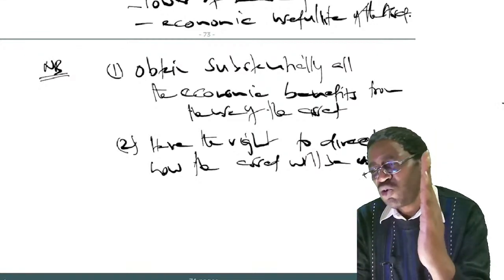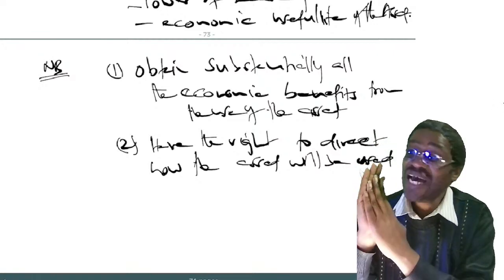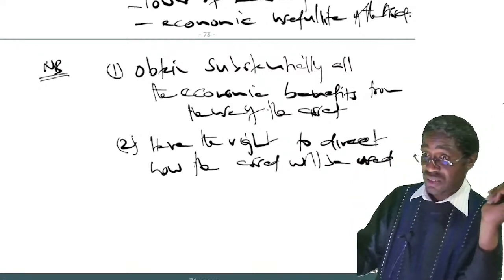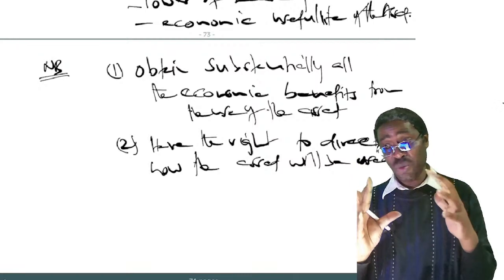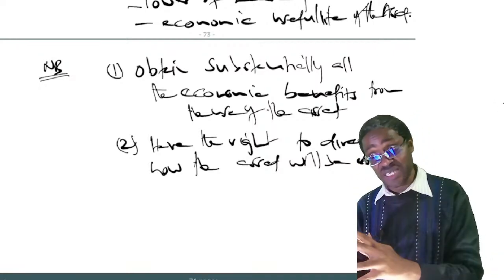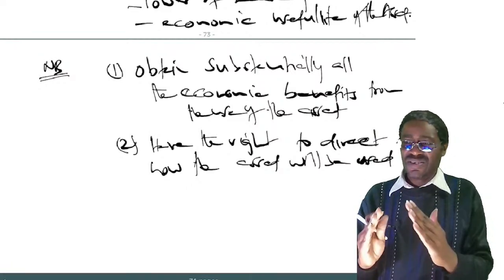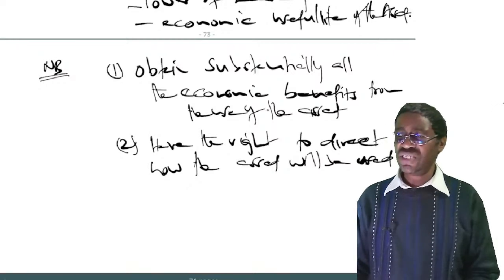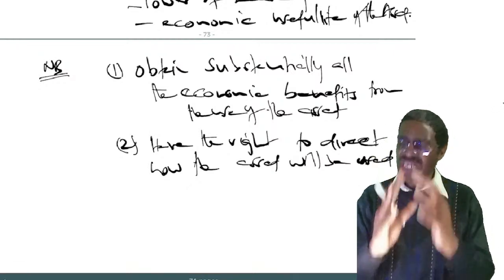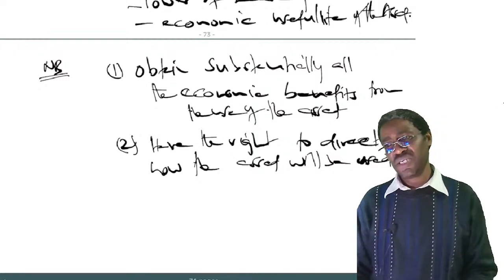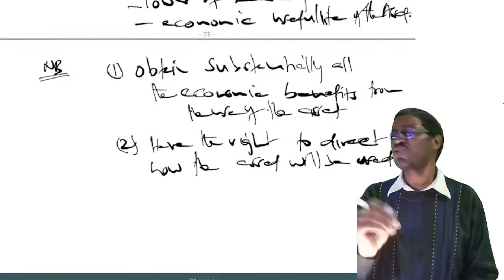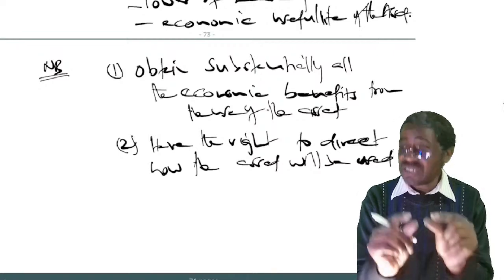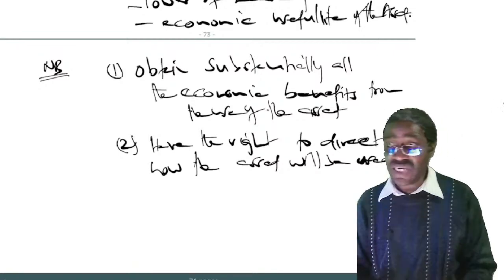But from the point of view of the lessor, he has a right. I have said the lessor has a right to classify on his part whether he's having an operating lease or a finance lease. But you, the lessee, the new standard says you should not classify. In other words, to you all the leases are supposed to be treated like a finance lease. It's only that the standard does not call it a finance lease. They just say, recognize a right of use asset and a lease liability. And are you okay now?